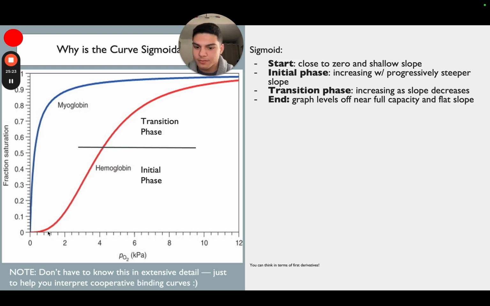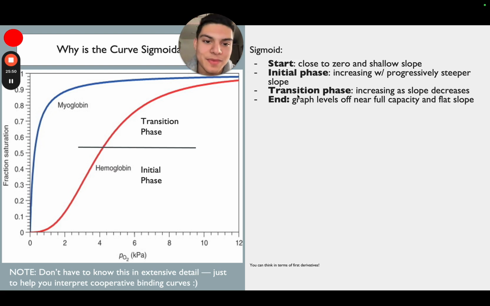And so, again, note that you don't have to know this in extensive detail. I'm just helping you interpret this cooperative binding so it makes more intuitive sense. So as we go from the start through the initial phase, we're going to reach this maximum point as designated by the line. And this is sort of hinting at the half of the saturation, again, that theta is equal to half. That's when we start to see that, okay, now the slope is decreasing instead, going towards 0, rather than trying to just increase and increase